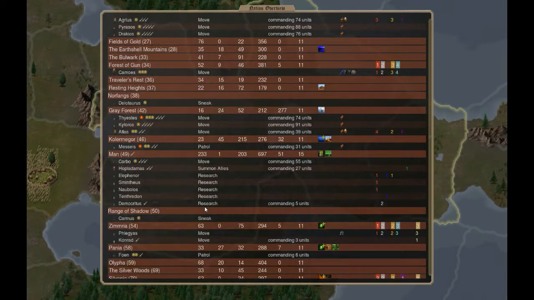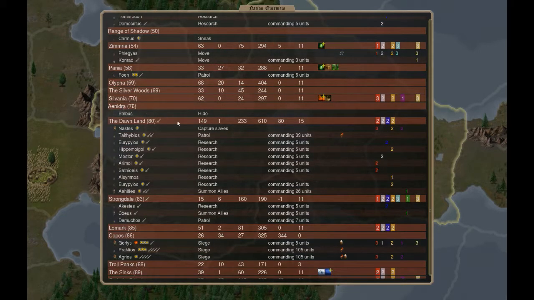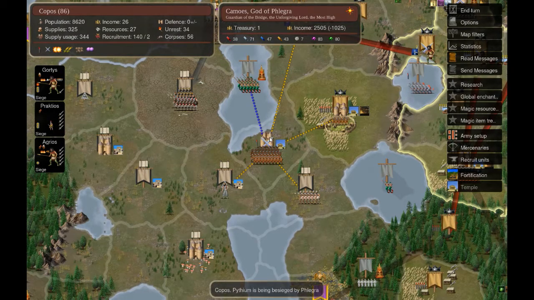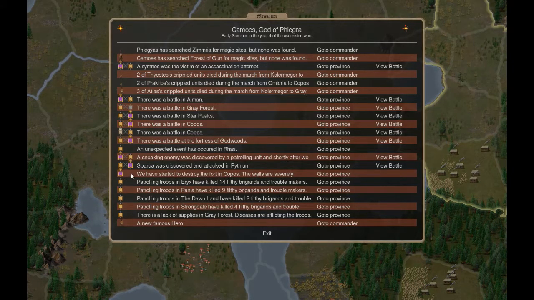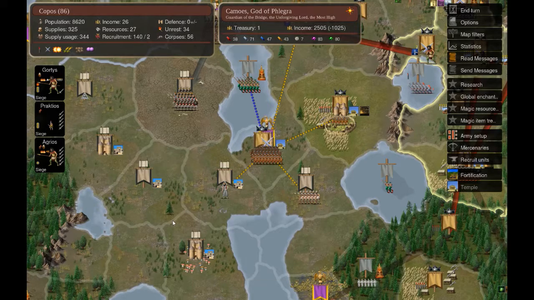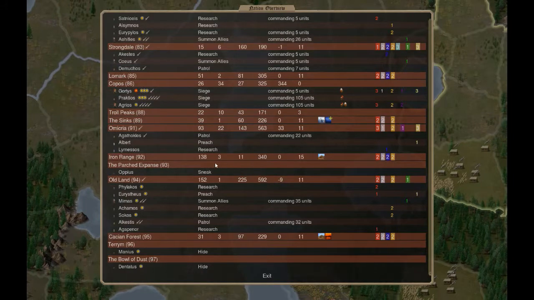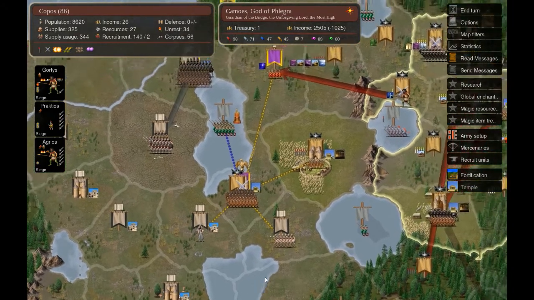Movement, sneak movements, research, scout hiding, research, summoning allies, and I think we are sieging a castle over here, but we don't have Copos, so we have started to use Copos. The walls are severely damaged, so perhaps next turn we can storm that fortification. And I think that's it, my friends. Nothing more